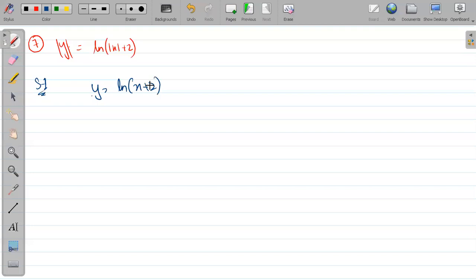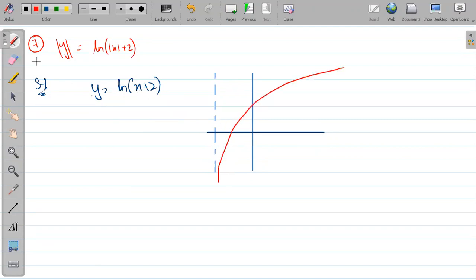The critical point concept. So earlier the critical point was what? This was the point number 2 only. The graph of ln x will be shifted towards the left by 2 units. Right? Let me draw it. Earlier this line was the y-axis. Now this line will become this one. On putting x equal to -1, you are getting 0. You can see the complete graph of ln x is shifted towards the left by 2 units.